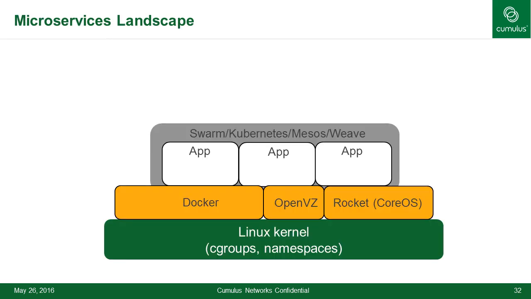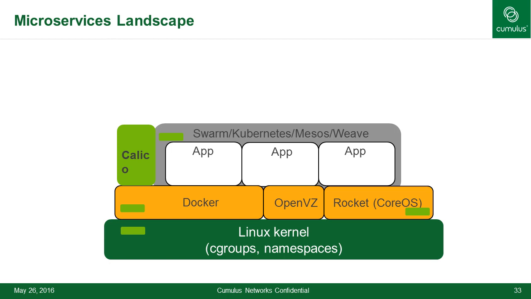All of those are provided by these application frameworks. Swarm is the one that Docker provides. Kubernetes is something that we did last time. Mesos, Weave, all of them are different application frameworks that allow you to handle the parts of multi-host container networking that are not handled by just doing simple routing plus bridging. There's also Project Calico, which does more than that. It also attempts to simplify policy and allow you to do policy. And you see little green boxes everywhere because they have things called network plugins. They plug into Swarm. They work with Kubernetes. They work with vanilla Docker. They work with Rocket. All of those different pieces plug in and do things inside that.